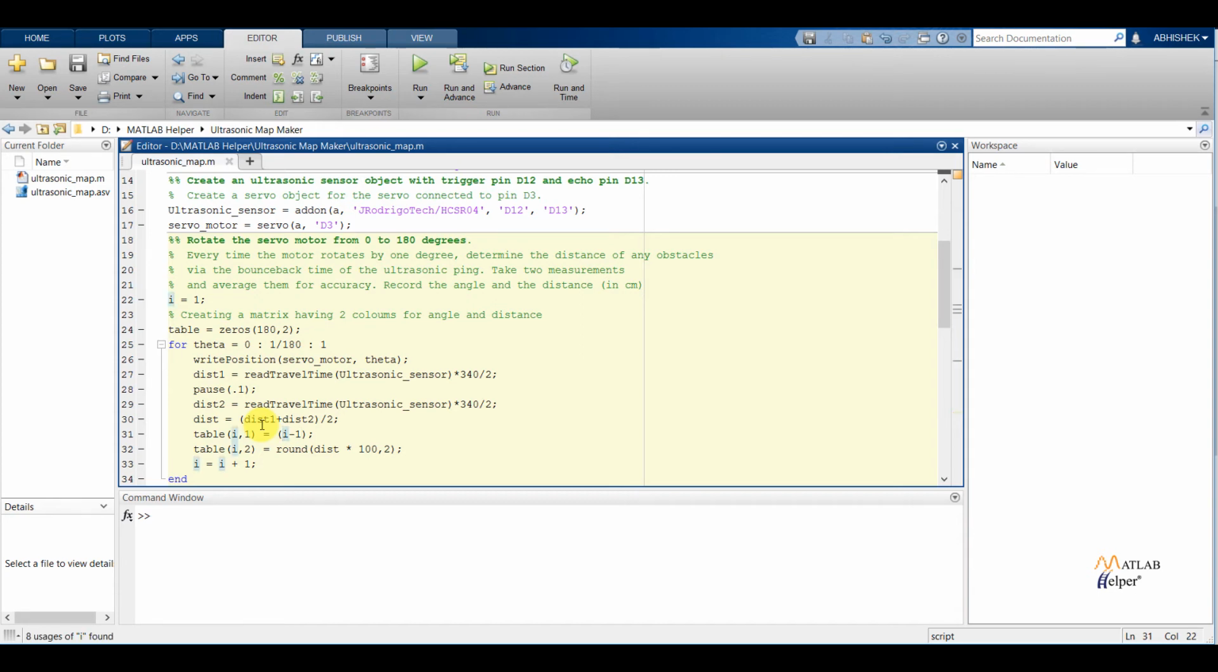So we can't store theta as it is, 0, 1 by 180. So what I am doing, I have created a variable i equal to 1. So first reading is for 0 degree, so I have done i minus 1. And in the second column we are storing the distance, as I am going to store the distance in centimeter,